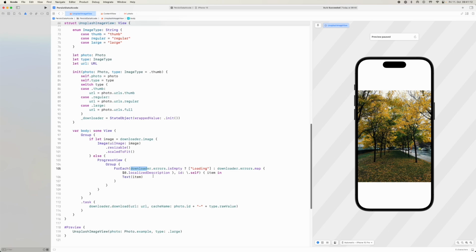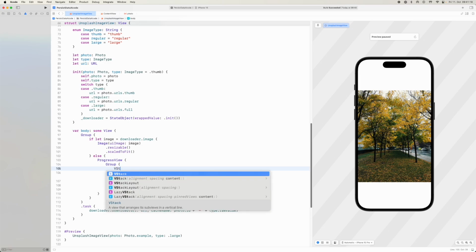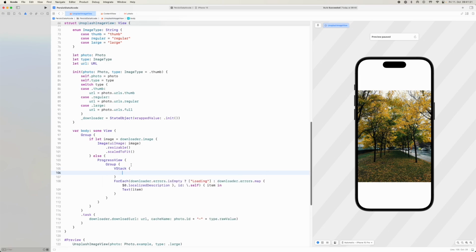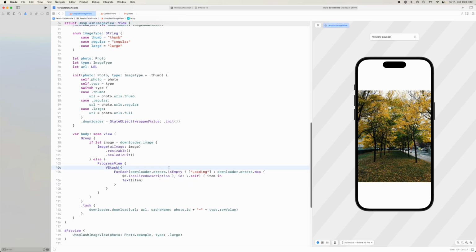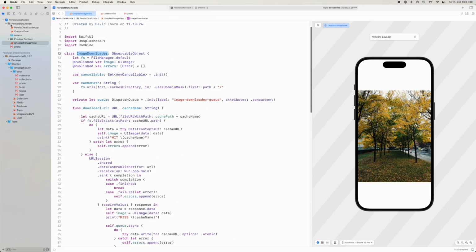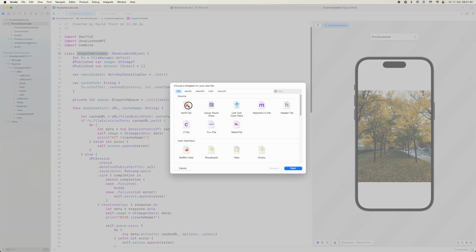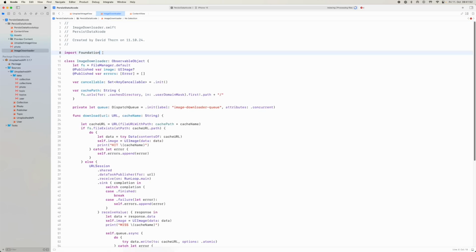items going down, all right, and we can put them in a VStack as well, I suppose, to make it a bit better, and place them in a VStack instead, which means we can remove the group and we can put it down like that instead, and this can be aligned to center or whatever. All right, happy days. So that's now this done, which means we can take this image loader and we can place it in a new file because we know it's working now, and say image loader there, come back to here and remove that, come and clean this up, come here, we need